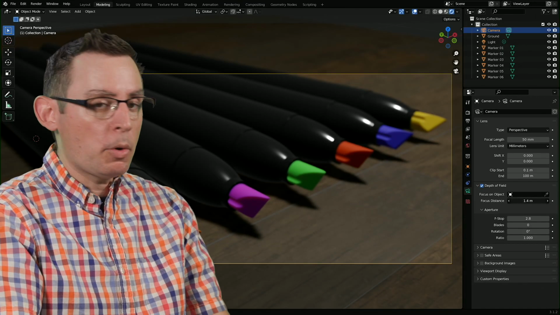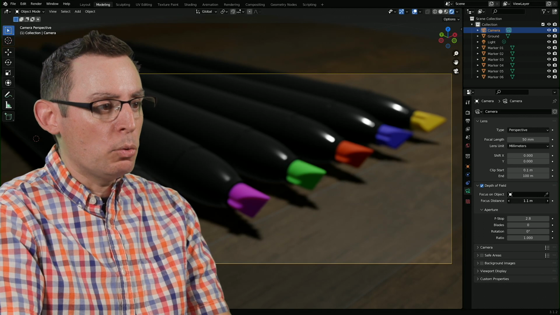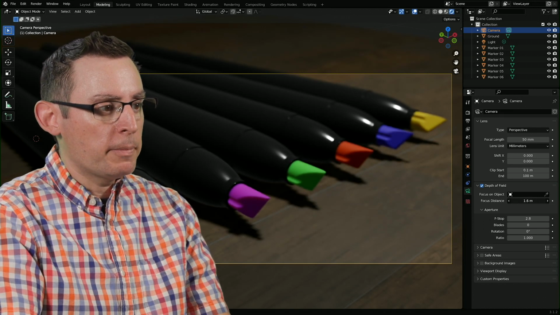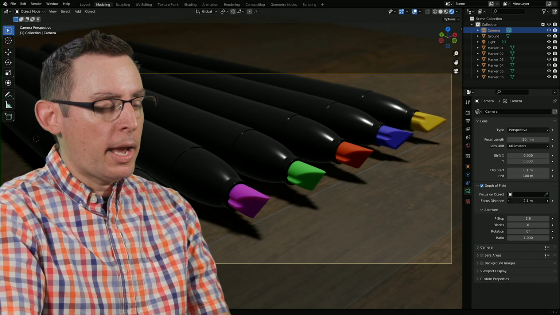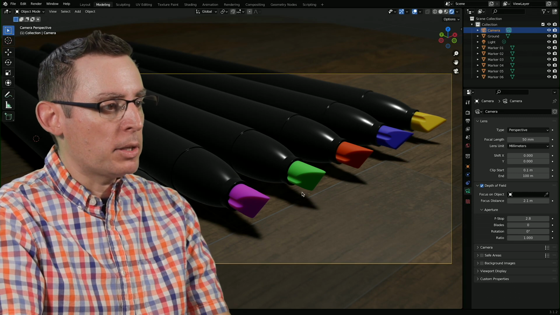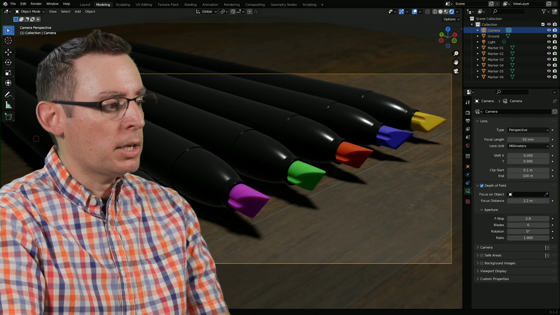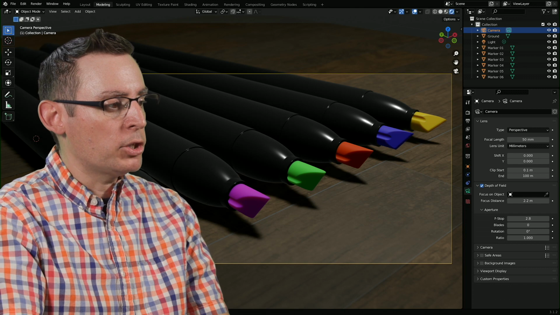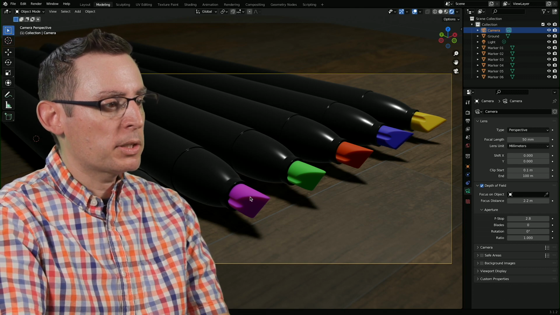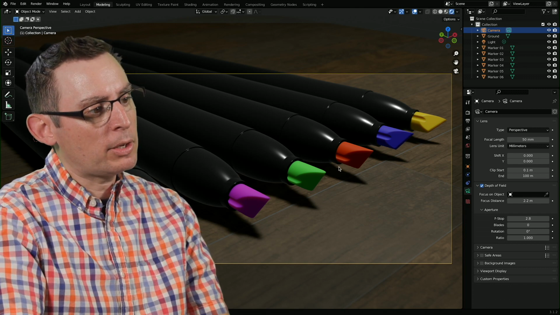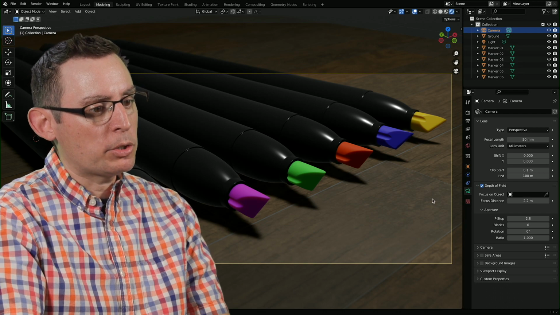I'm going to hold down the shift key and move my way upwards a little bit. Yeah. And now I can see some areas of my image are becoming a little less blurry, and some areas are becoming more in focus. Look at this marker down here in the lower left-hand corner of the image. It's not in focus. This one's slightly in focus, and I think my focus is on this red guy right there, which is pretty cool.